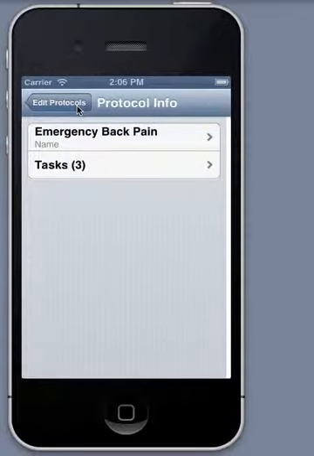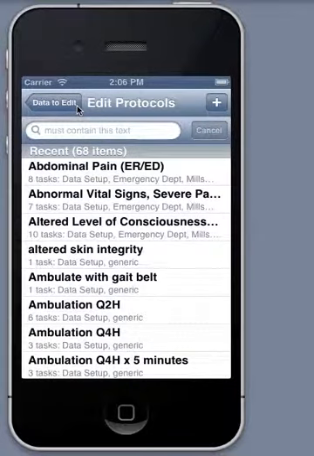I put the 3 tasks in the protocol, set their durations and deadlines. I am finished. So now you have seen the procedure